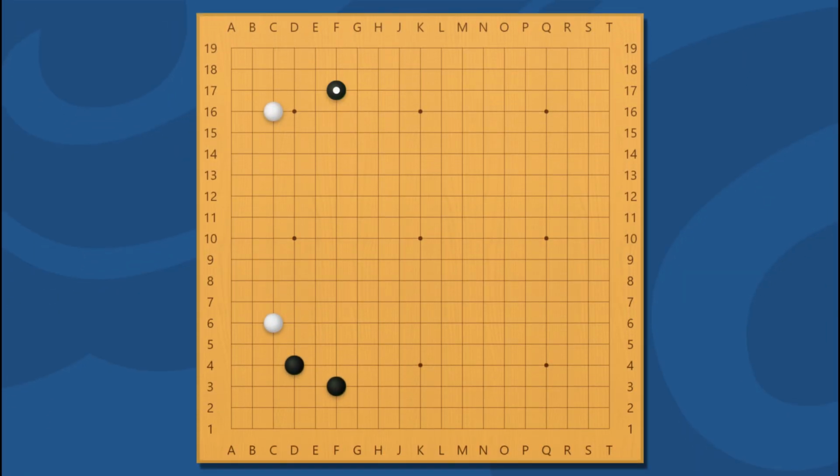This black move is a large knight move approach. Although the large knight move approach will allow the opponent to easily obtain the corner, it is a commonly used method when relieving the opponent's pincer. When it makes a large knight move approach, white can choose to make a small diagonal move to defend the corner. Black can make an extension at a position. It is a bit unpleasant to let the opponent easily obtain the corner like this, but black can also quickly settle down. Black is still sufficient.